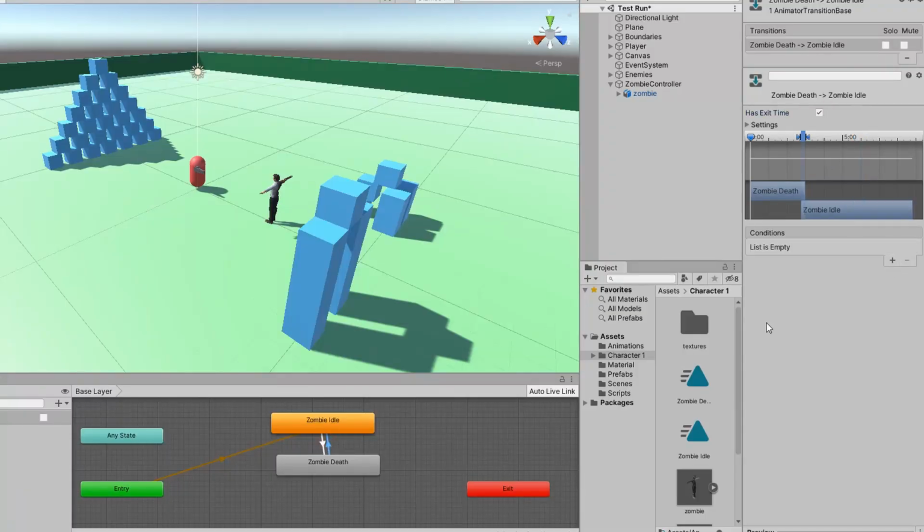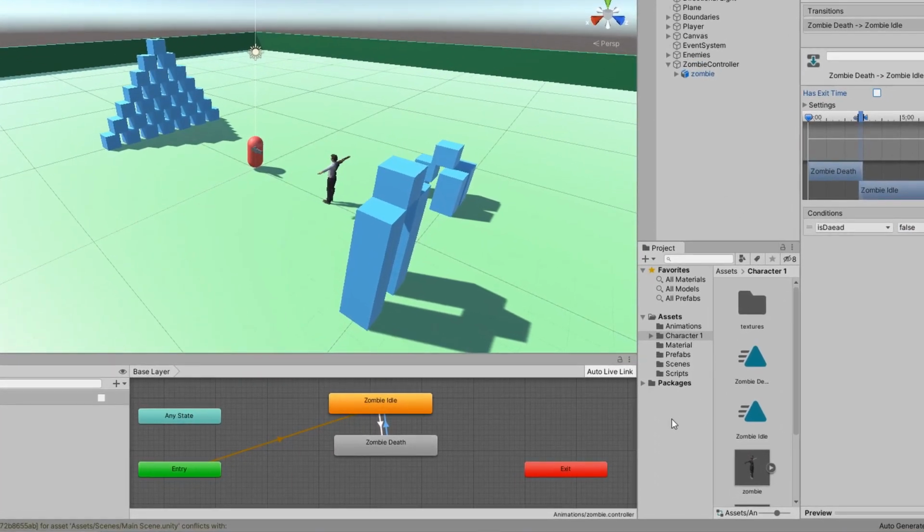For the next transition, add the new condition and change it to false. These parameters alongside the animator window are responsible for turning a particular animation on or off. We will tweak these values with the script to match our gameplay. Let's create a C# script that will modify our boolean parameter isDead so as to play our animation smoothly.